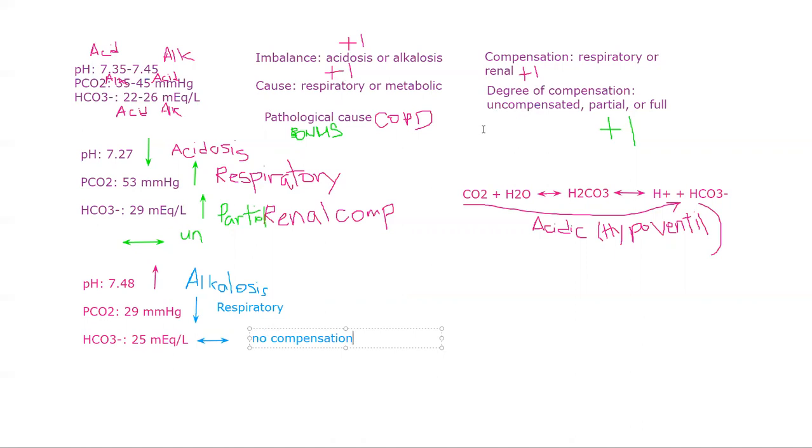So actually, I should put right here, let me just, and let's put no compensation. No, I'll just put no. No, partial, and full. Okay, so no compensation, but you have to put in here,